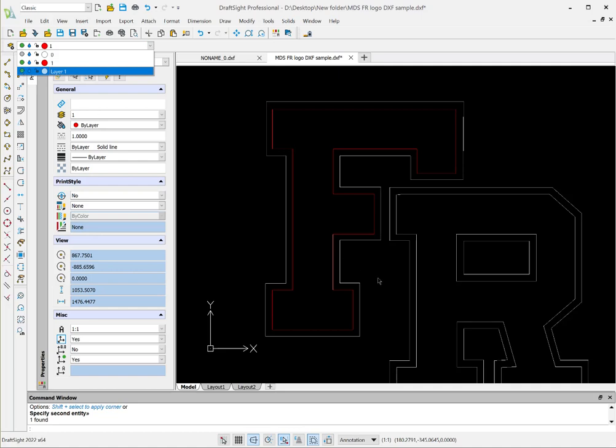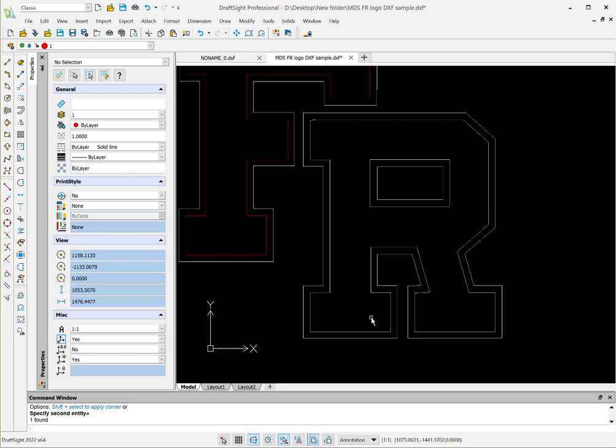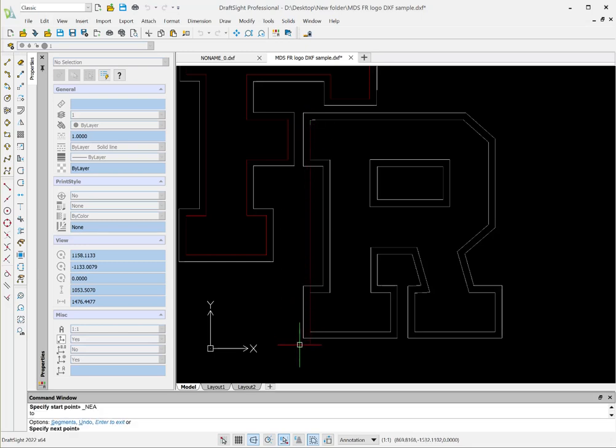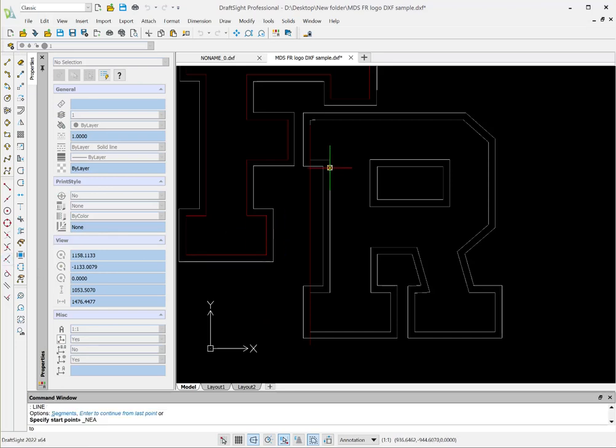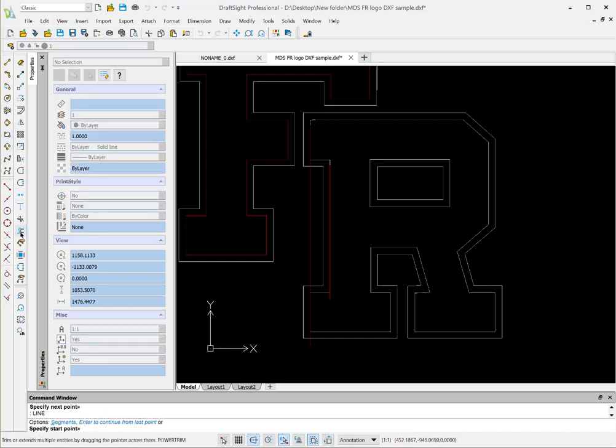Okay, so now let's do the R. So I'm just using my mouse to move this around. Okay, so line, near, and I'm going to pick the inside of this. I'm going to go all the way down here. Line, near, and this one, line, near, near, this